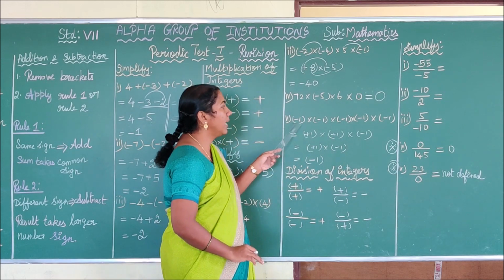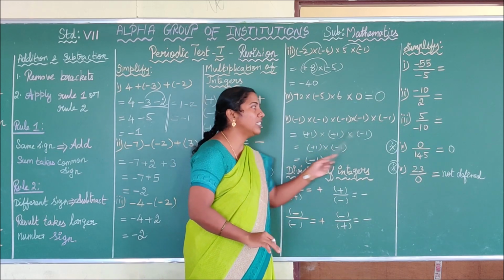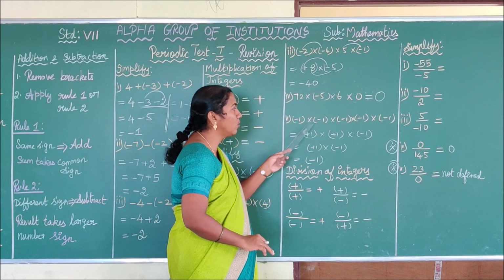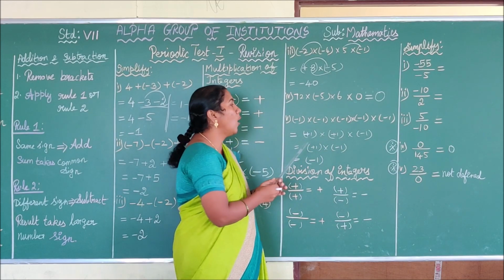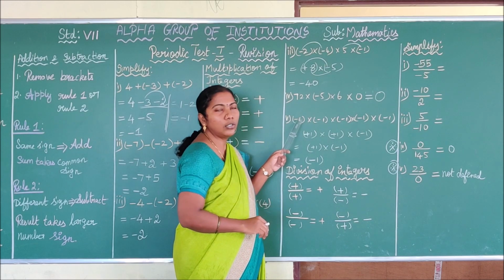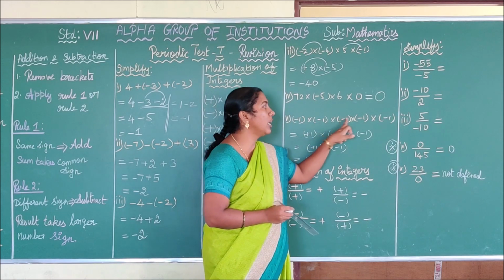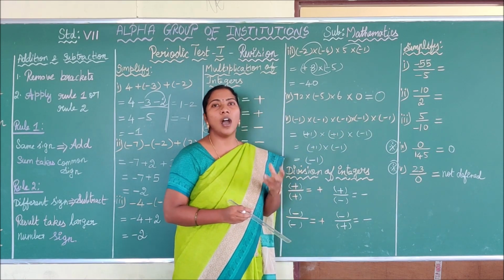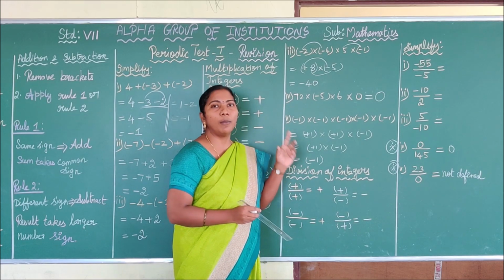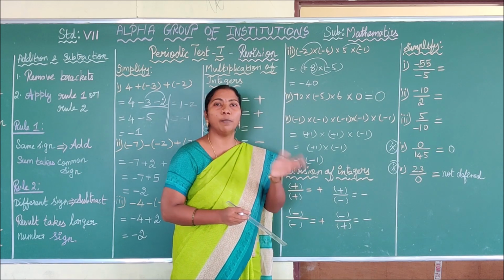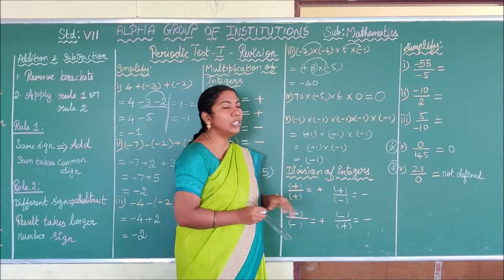See the next one. Minus 1 into minus 1 into minus 1 into minus 1. Many of you are adding these all the minus 1. See here between the minus 1 you have the symbol multiply. Multiply means you have to multiply the given values. Okay. How can we multiply? See here, we can easily do this sum straightly. See how many minus 1 we are having? 1, 2, 3, 4, 5. It is an odd number. If you multiply odd number of minus 1 means you get the minus 1 answer. If you multiply even number of minus 1 means you have the plus 1 answer. If you know the answer means you can straightly do it.